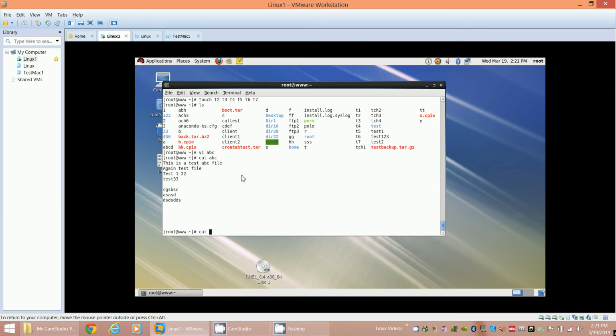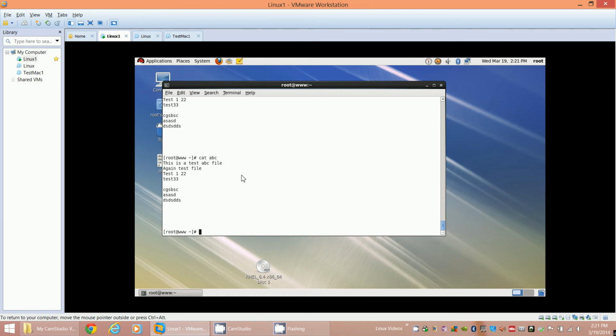Now let's get back to the same file, vi abc. Now let's say we have a requirement where we want to copy certain lines. Let's say the first 3 lines you want to copy. In order to copy it, you can simply type YY. You have to go to the escape mode first. If you are in insert mode, just press escape key, go to the escape mode and press YY, and then